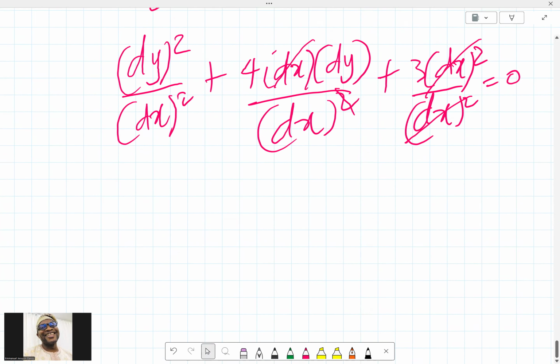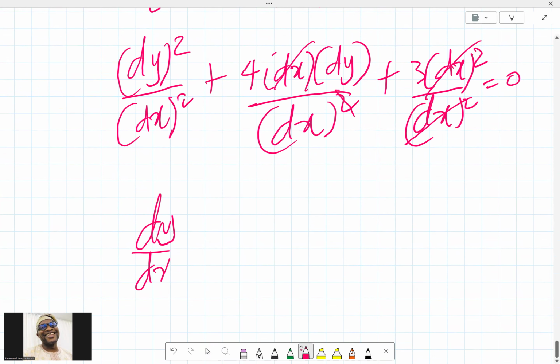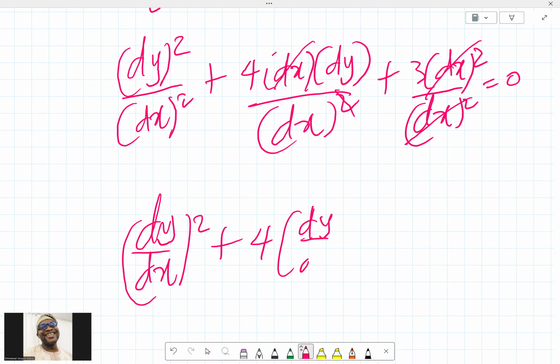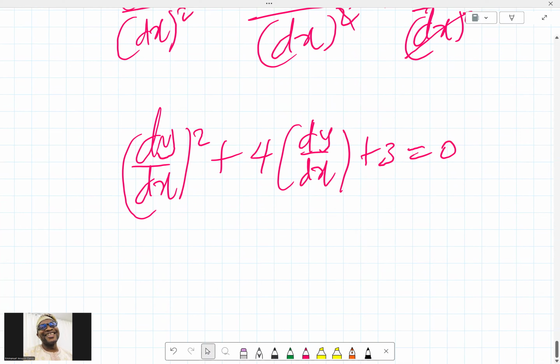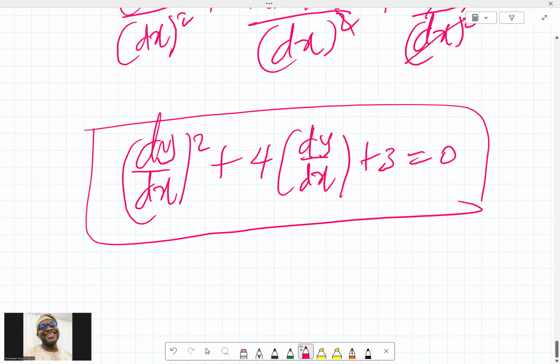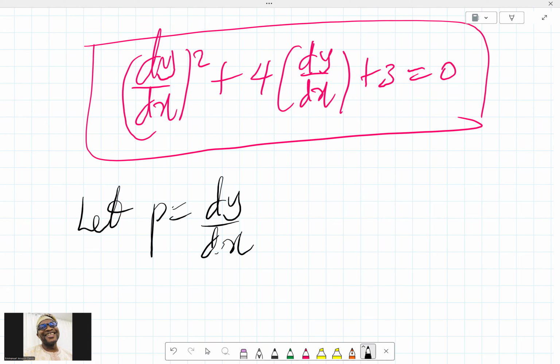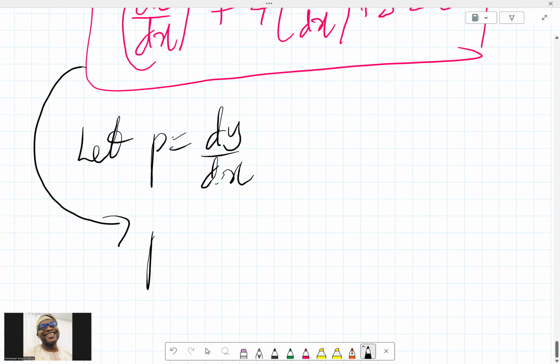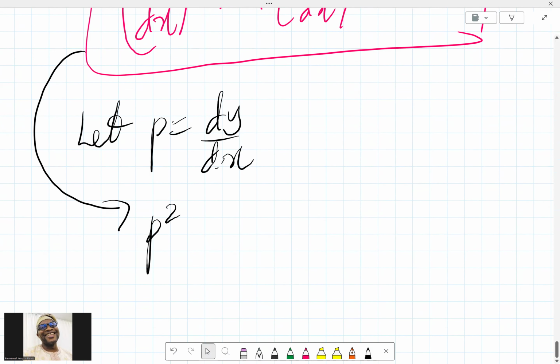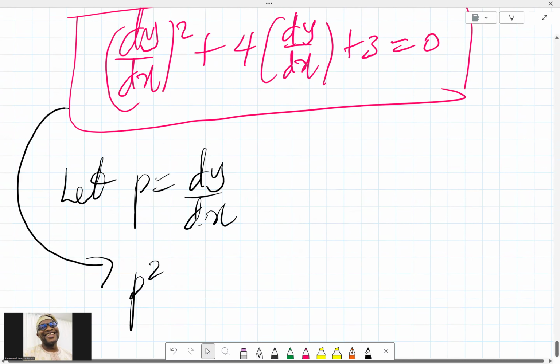We now have dy dx all squared plus 4 dy dx plus 3 equals 0. This is a crucial thing we can make reference to. Let p be equal to dy dx, so this whole expression can now be p squared plus p squared,